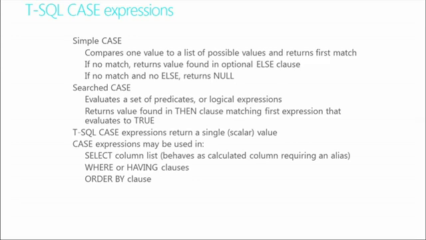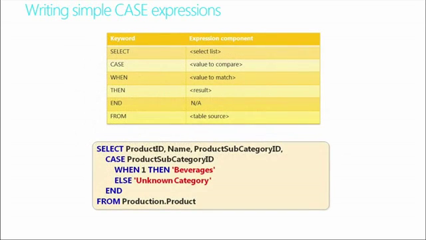Case expressions, a simple case expression, we'll talk about those. This allows us to compare a value to a list of possible values and then perform a statement based on the results of that. Case expressions may be used in your select columns, where or having clauses, or your order by clause. An example is shown here, where we have select product ID, name, and product subcategory ID, case product subcategory ID,